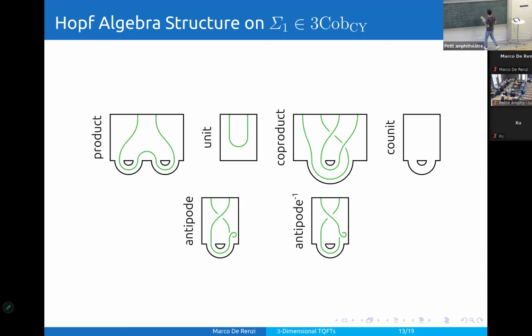Is the category C of H modules for H a finite dimensional